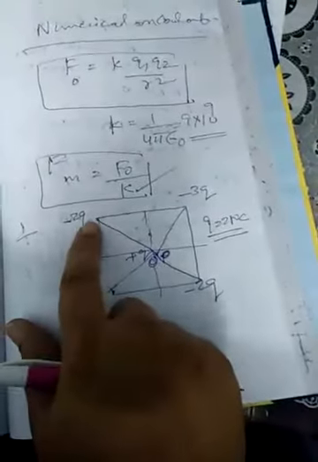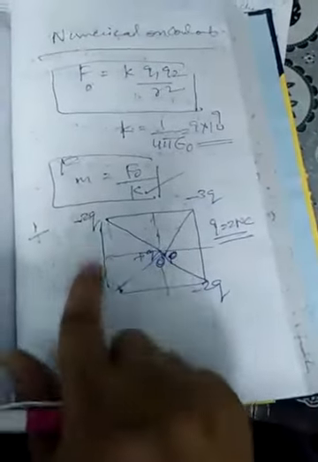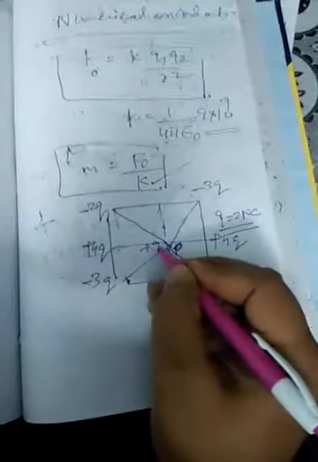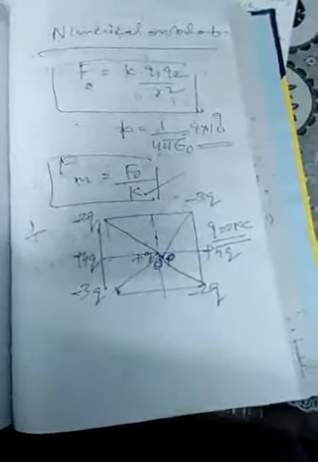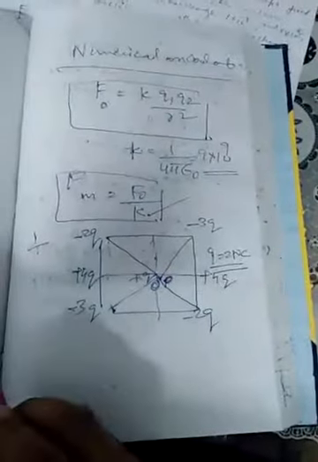Question. According to this question, a square is being taken and four charges are arranged: minus 2q, minus 3q, minus 2q and minus 3q at the four corners, and then there are plus 4q and plus 4q charges here, and one plus q charge is there at the point O. We have to find out the net force at the point O. So how to find the net force?